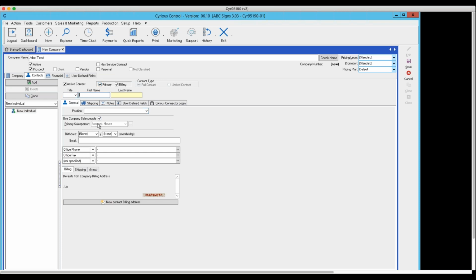Other information down there: the position. The primary salesperson is going to assume that it's the same as the company. Doesn't need to be. You can collect birthday information if you want. Always capture as many emails as you can for all of the contacts, and the objective there is to enhance your marketing capabilities at a future time. Phone numbers, they can have a different billing address if it's different than the company. They can have a different shipping address if it's different than the company's, and so on. So here we've gone through the general tab,